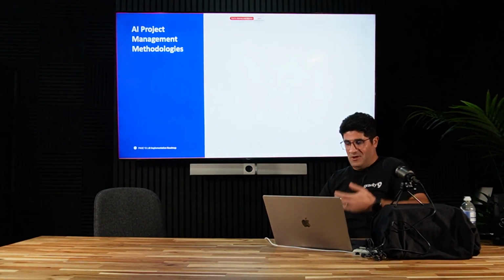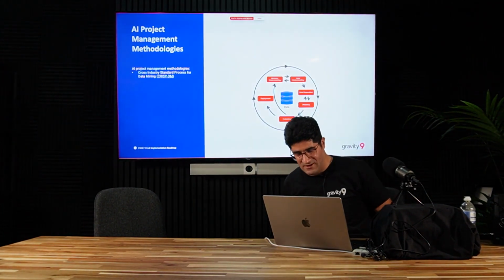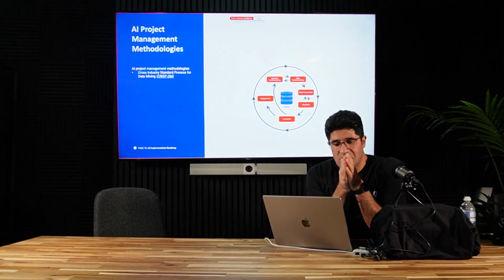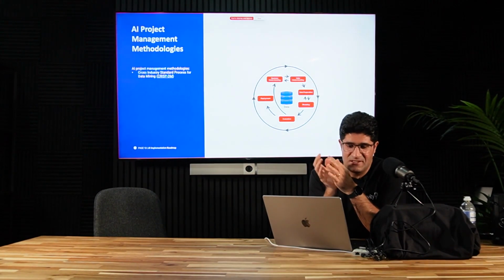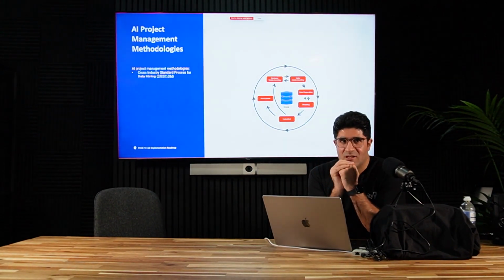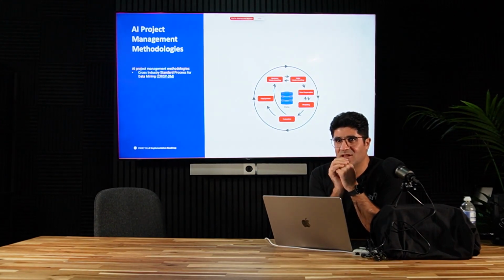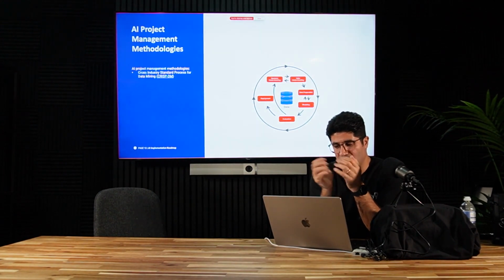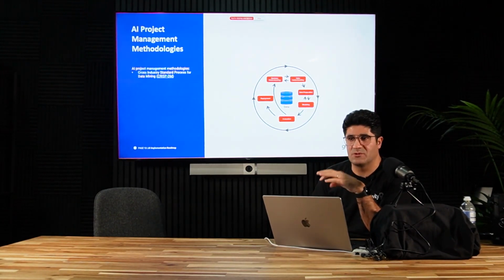it's better to go ahead and look at some of the AI project management methodologies. So I think it's a very similar concept to any other engineering. Cross-industry standard process for data mining, or CRISP-DM, is one of the very common techniques to manage AI. It's a traditional one, I think it's a classic, and from around the 2000s, this methodology was used specifically for data mining processes and projects, and still lots of people try to use that one.